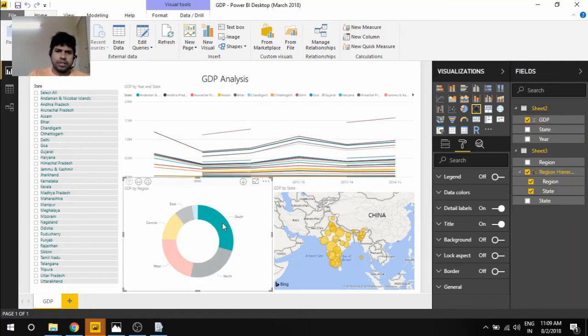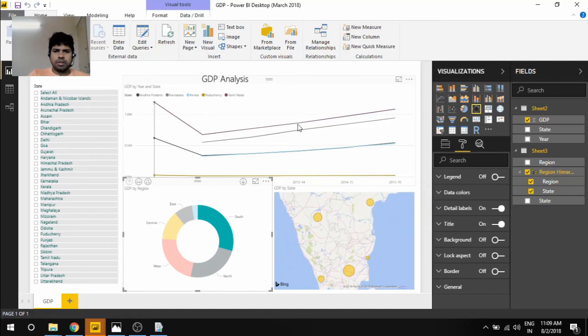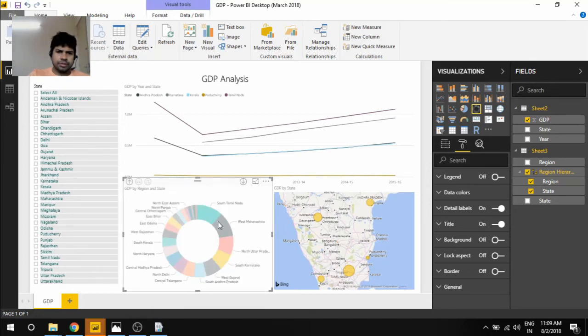Like if I select south, it will obviously show only the states which are in the south. So you can see all the lines and all the bubbles here, and you can also do the drill down. So only the south region will get drilled down here. Okay, so if I do like this, you can see, okay, south and